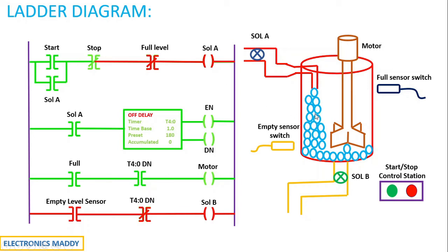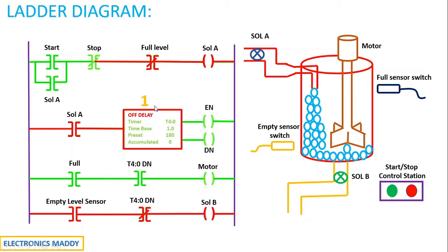But one more thing that we wanted is, once the solenoid A is deactivated, the motor should start rotating for 3 minutes. Is that happening? Yes, it is happening. If you ask me how, the solenoid here became deactivated, isn't it? So the same solenoid A address is used here and this will also become deactivated. Now when this is deactivated, there will be no current flowing through this path as this is acting as open circuit, isn't it? When this is acting as open circuit, the off delay timer is de-energized. So according to the concept of off delay timer, when it was initially energized, the enable and done bits go high, and once it is de-energized, the timer starts counting now.